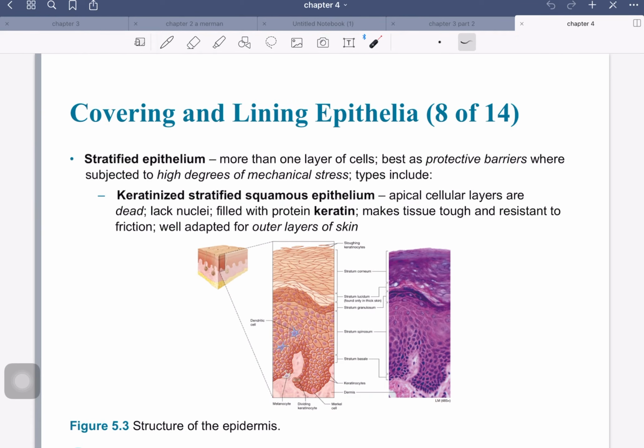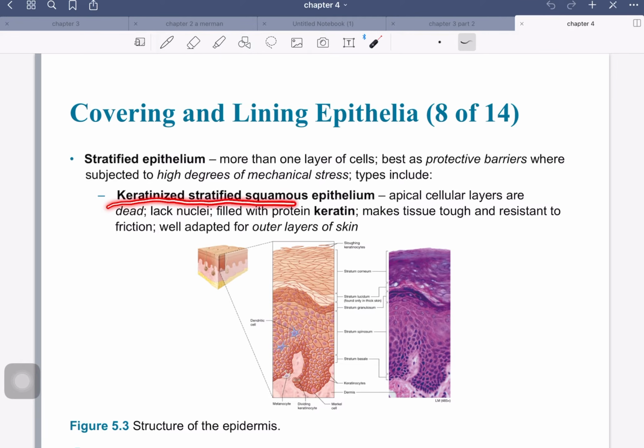Now, when we're looking at epithelia, we had looked at simple, but let's talk a bit about stratified. Now, stratified is the other big class of epithelium, and of course it means more than one layer of cells. And these are really good protective barriers. And they really are typically subjected to a high level of mechanical stress. Now, even under stratified epithelium, we can have different types. So one is